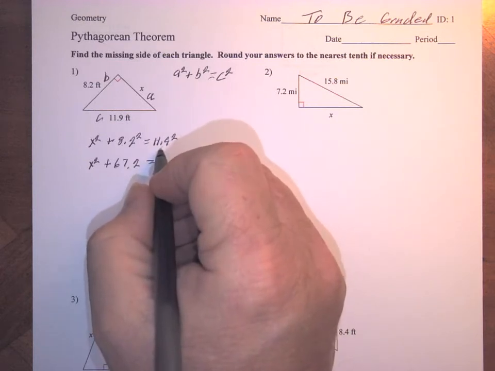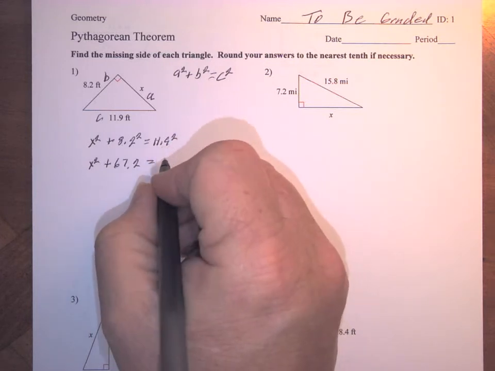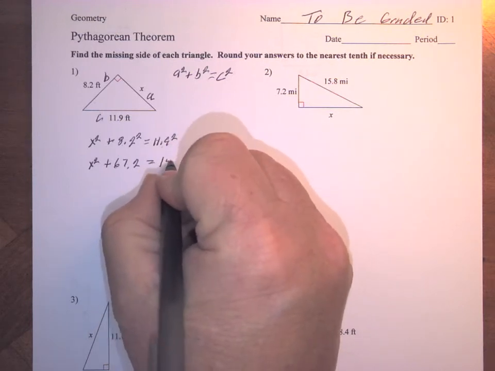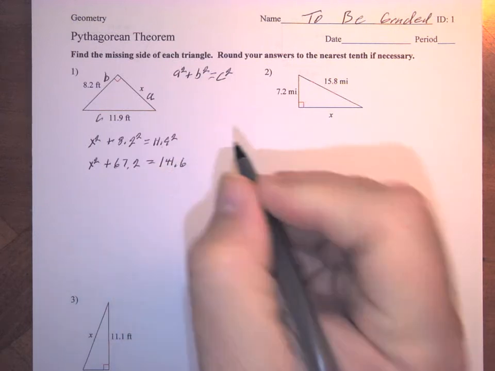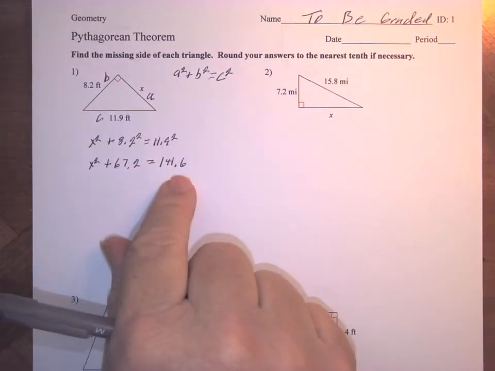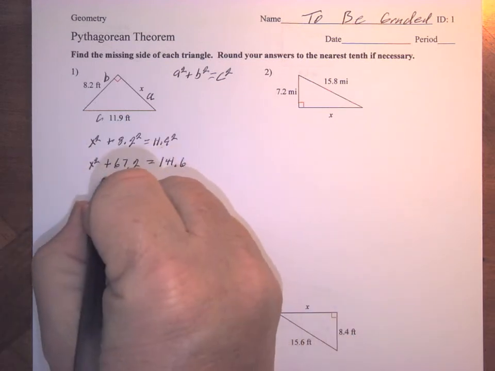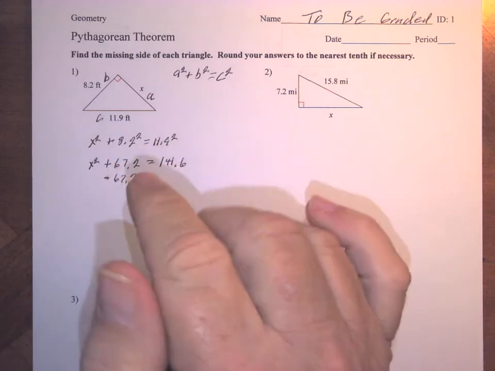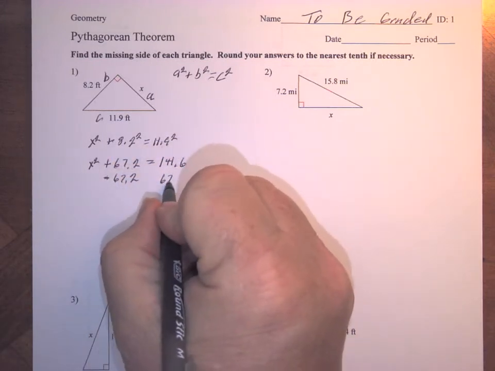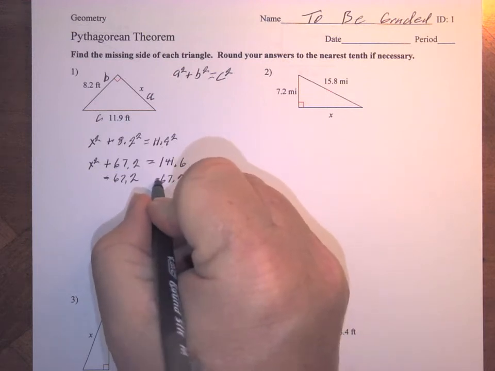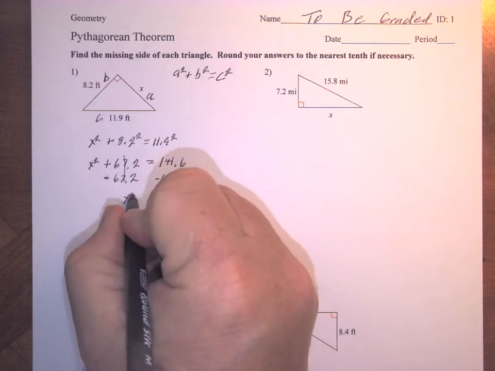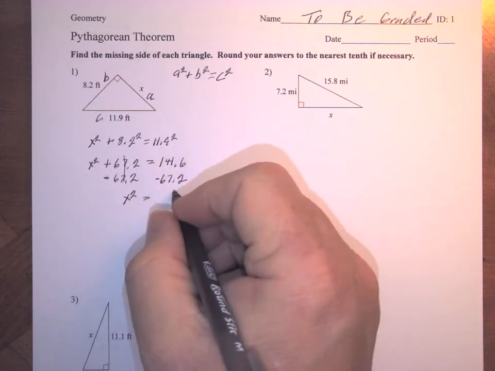And I know that's something that's going to be close to 144 because 12 squared is 144. But when you put it into your calculator, you'll find out that it's equal to 141.6. All right, so now we've got a problem we can solve. We take 67.2 from this side, and we have to do the same thing to this side. And if we do that, these two cancel out, and we end up with x squared is equal to